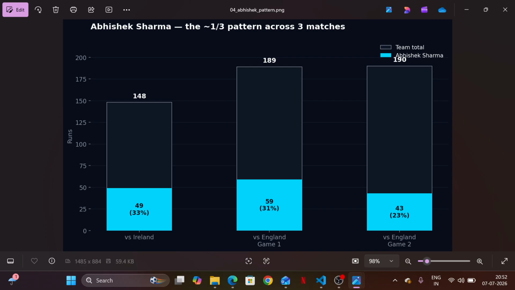It is the same ground where England posted their highest T20 total, a 300-plus score, where Salt and Butler just matched the South African bowlers. So it was the same ground where they scored the 300-plus total. Now England's chase started disastrously, with both Butler and Salt getting out for zero in Arshdeep Singh's over.